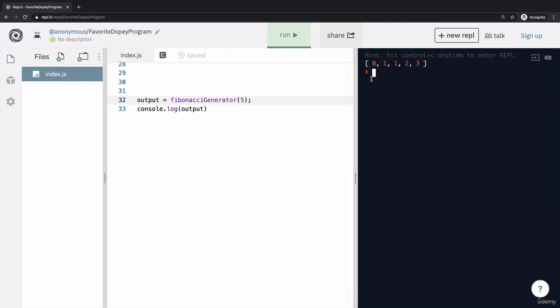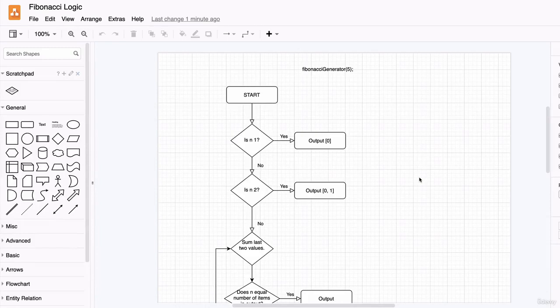And the 5 items will be the first 5 numbers in the sequence. So as we said, it must start from 0 and then 1. And then the next one comes from 0 plus 1. The next one comes from 1 plus 1, etc., etc. And this should work even when this number is 1, or if it's 2, or if it's some crazy large number like 245. Now, the hardest part of this challenge is nailing down the logic. And you really have to think carefully to yourself, what do all of those rules mean? And one of the best ways of untangling the logic before you start writing code is to just create a